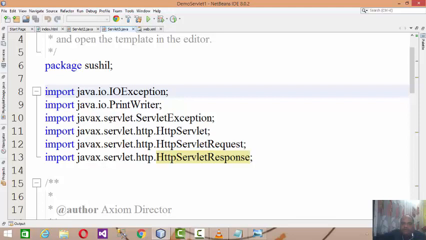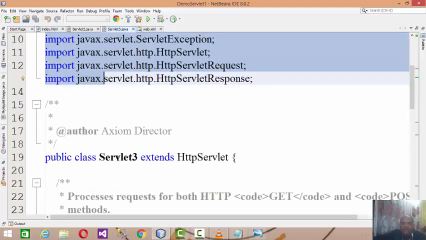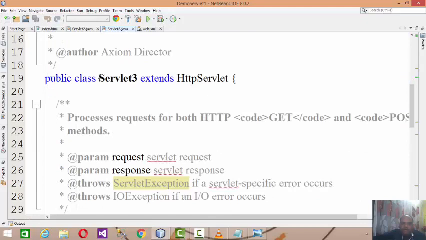I already told you that servlet classes like HttpServlet, HttpServletRequest, HttpServletResponse, all these classes belong to the package called javax.servlet. So once I add the servlet, all the classes will be added, and by default a class by the name of servlet3 extends HttpServlet will be added. Now HttpServlet, this is the default code for the servlet.